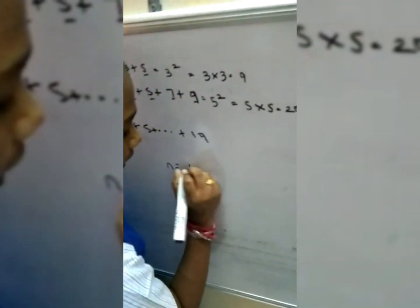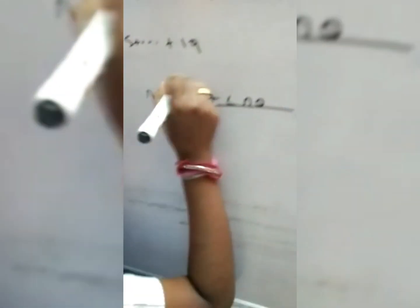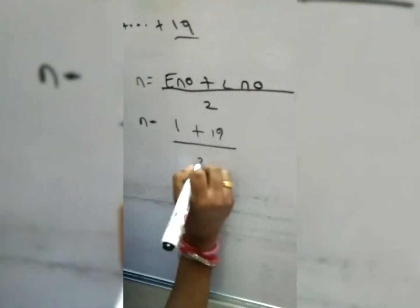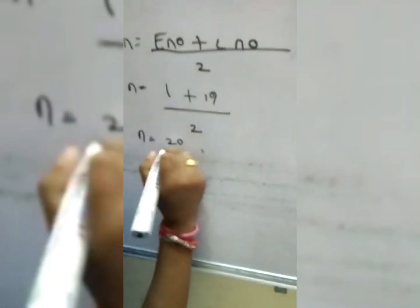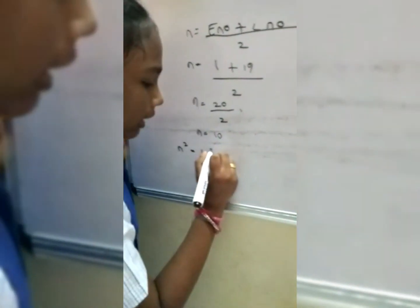So n is equal to first number plus last number divided by 2. Now the first number is 1. So 1 plus the last number, 19, divided by 2. So n is equal to 20 by 2. So the number of terms is 10. Now we can use the formula n squared. So while using the formula n squared,